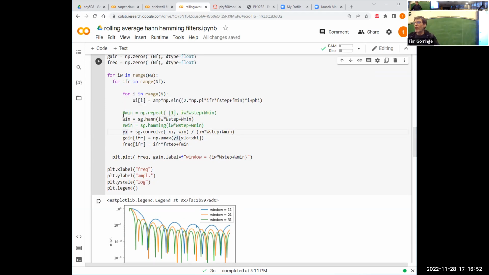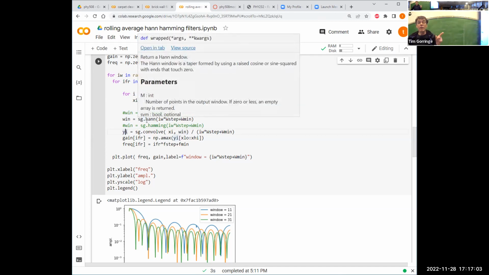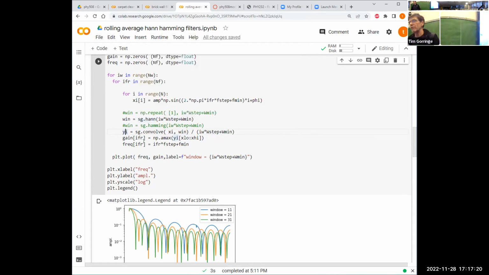So instead of making my window with this repeat function here, I'm going to make my window with this function that will give me a Hann window. This is not a uniform window across your n samples. Rather, it's peaked in the center and falls off to 0 at the edges. So it has a different weighting, and because it has a different weighting, we're going to get a different frequency response. If I run this one,